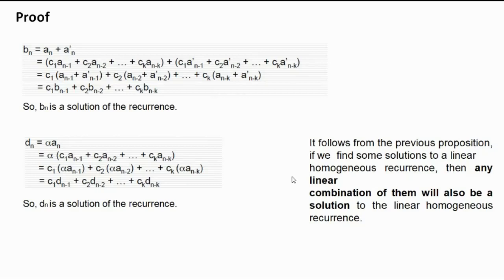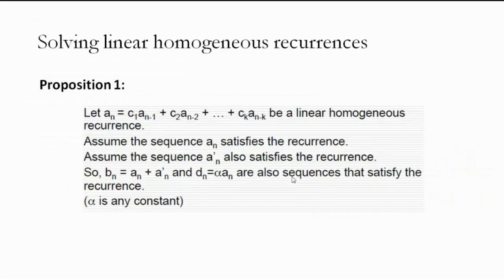Now if you add these two, you take the term by term coefficients common, that is C1 of An minus 1 plus A dash n minus 1, C2 of An minus 2 plus A dash n minus 2. If you combine all these things, you name An minus 1 plus A dash n minus 1 with some other value because they are both the same. So Bn minus 1. So it is giving you again the sequence like what you have mentioned here. An is equal to C1 An minus 1.